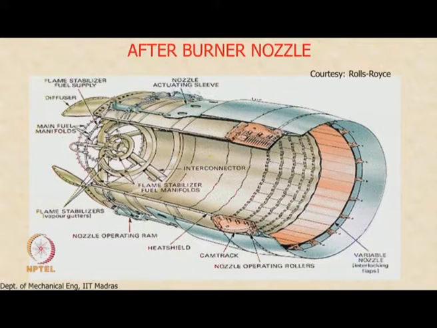a constant area duct where we inject fuel. So you can see the fuel manifold. We inject fuel from here, and flame stabilizers or V-gutters are provided here, and the V-gutters provide stabilization. They always provide a region of low circulation, low speed fluid, which always keeps the kernel of a flame on, so that the flame can go on continuously, and the combustion takes place in this portion of the afterburner.